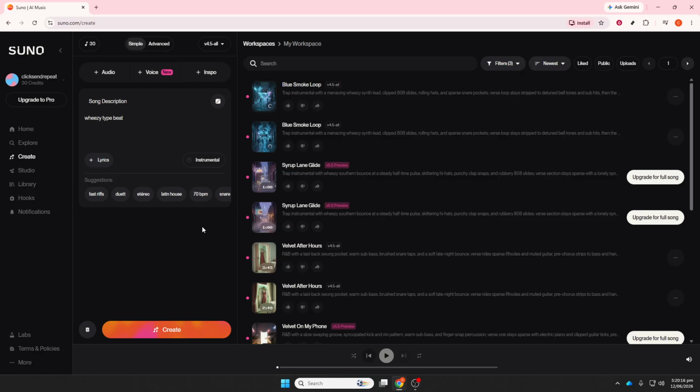If you want a longer track, use the Extend feature to add new sections, build longer drops, create transitions, and develop a fuller arrangement. Finally, save your preferred version, download the audio file, and import it into your DAW if you want to do extra mixing or editing, and that's